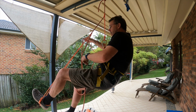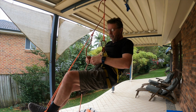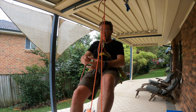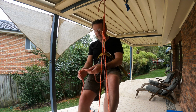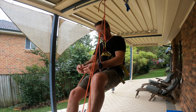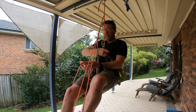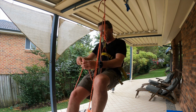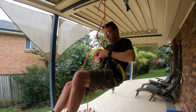One way is to periodically set up a catastrophe knot. A catastrophe knot is just a knot that you tie yourself to the rope to periodically. If there's a failure, the catastrophe knot will catch you. The best way to do that, I found, is to tie a clove hitch, hook this into your harness,